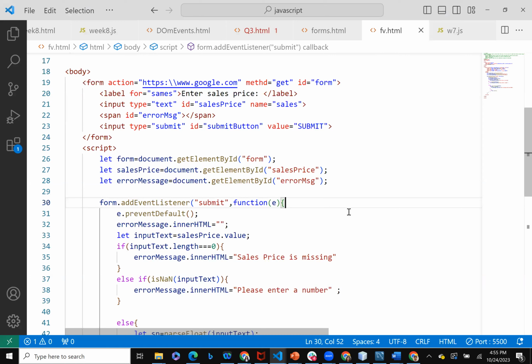Form validation is very common in web designing and web programming. So make sure that you understand this, and feel free to